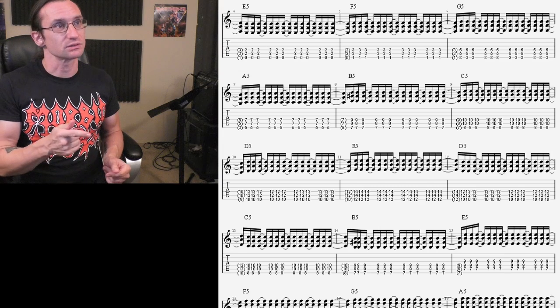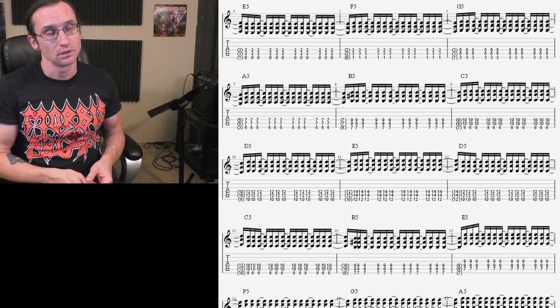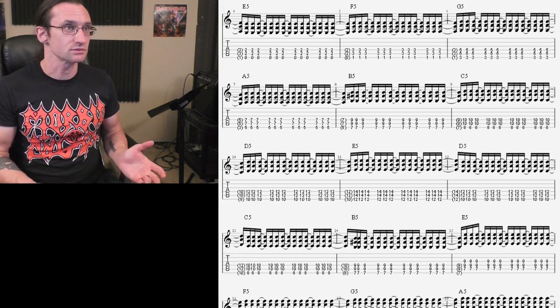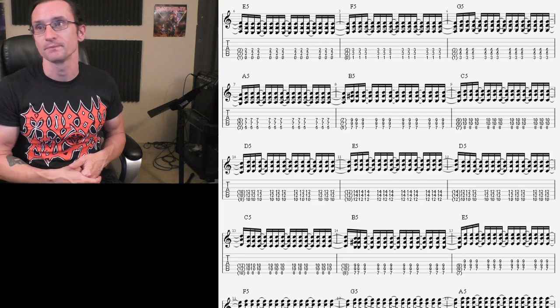Just remember you got your suspended sharp fours in every fourth position, and then you have your suspended flat fives in every seventh position. The rest are suspended fours. You just gotta make sure that you get the right root notes,